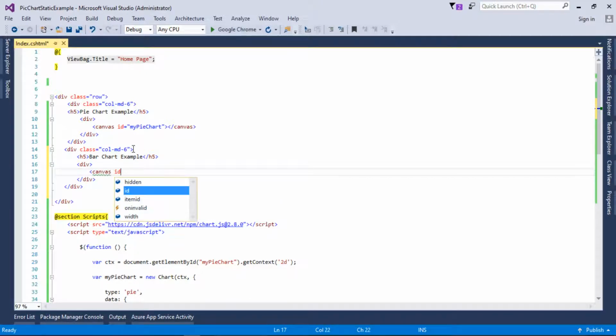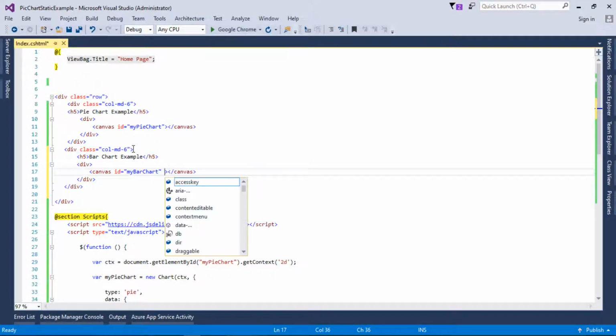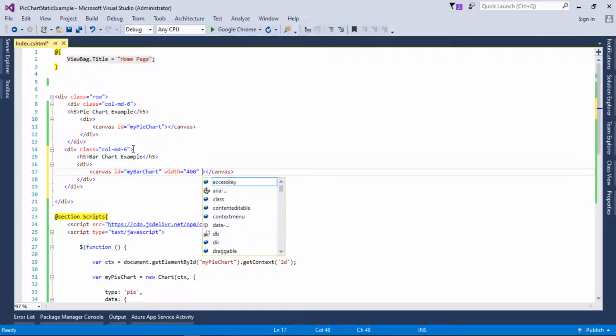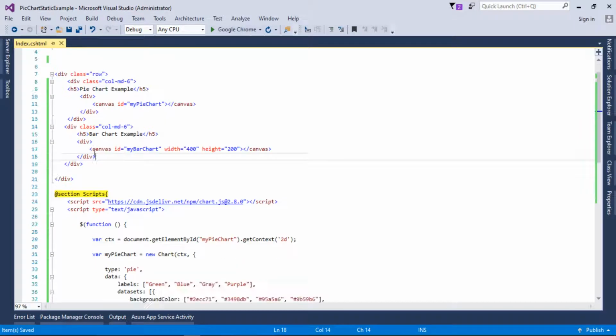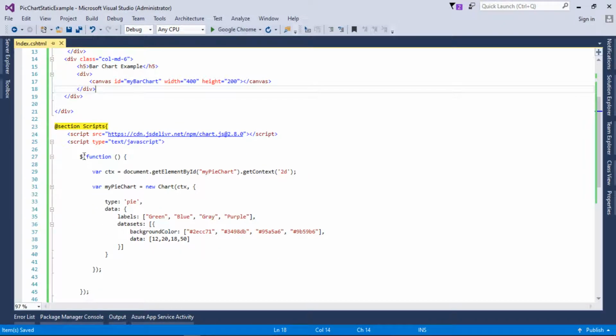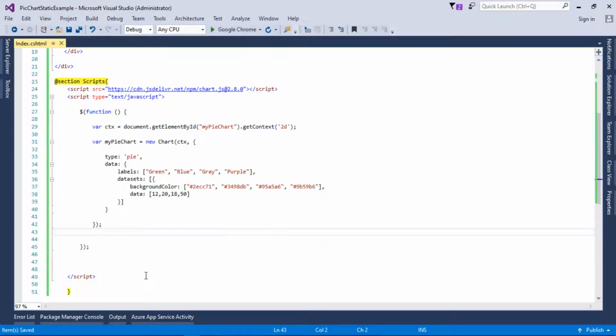The canvas id will be myBarChart, and we'll close it. I would like to give it a width and height: width of 400 and height of 200. So that's it for the HTML part, and now I will move back to the jQuery part.